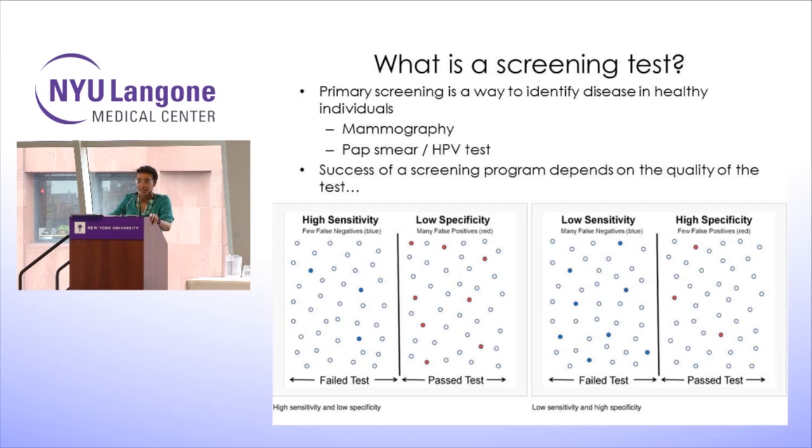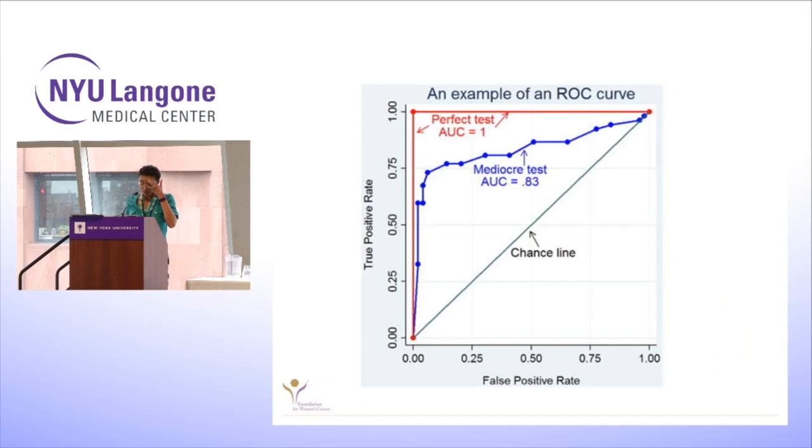Conversely, if I set the level of discrimination to 1,000, so you only have an abnormal CA125 if it gets up to 1,000, well, yes, I'm not going to have that many false positives, but I'm certainly not going to pick up a lot of people. So it's really important where you draw that line, what's normal and what's abnormal. And we call that a receiver-operator curve.